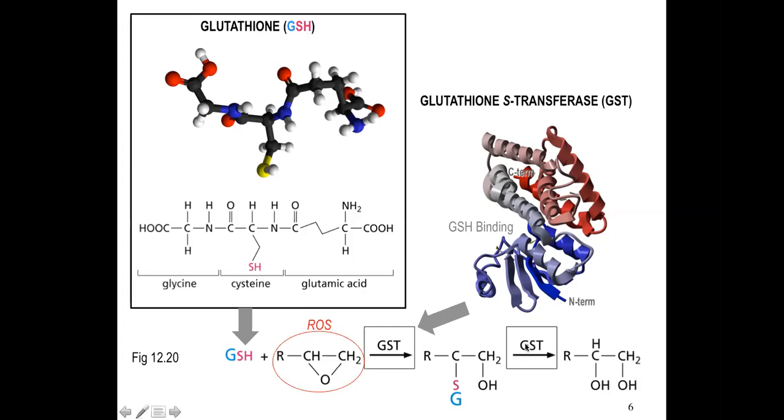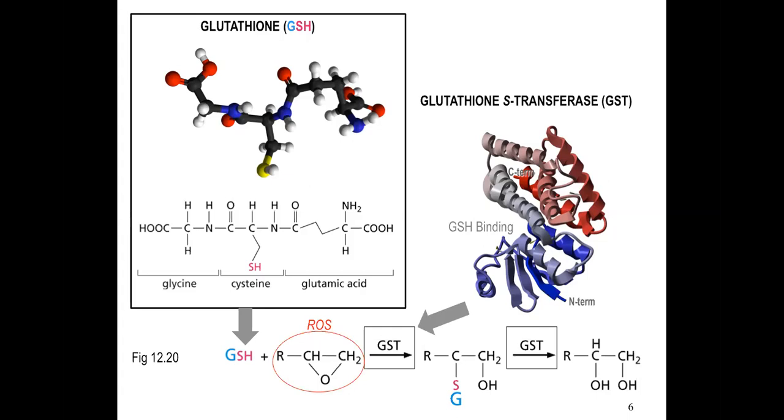And then another molecule of GST can come in and actually remove the glutathione, turning that into then 2 hydroxyl groups, which is far less reactive than the original oxygen that was just kind of hanging on like that. Okay. So this GST enzyme then is a very important enzyme for inhibiting or limiting the amount of reactive oxidation damage that our cells experience. So it's not surprising then that levels of GST in a cell can actually have an influence on how much